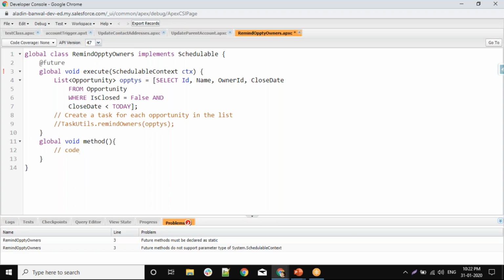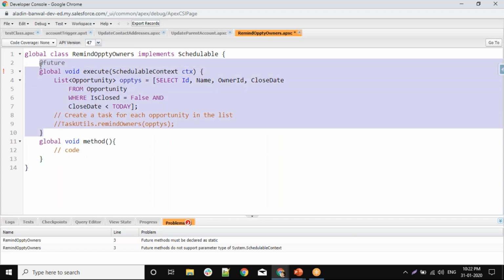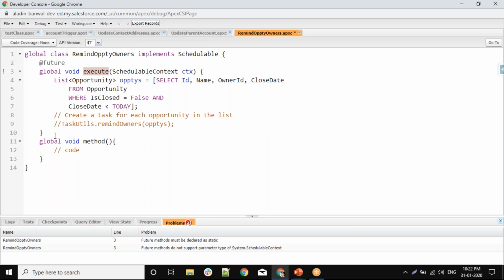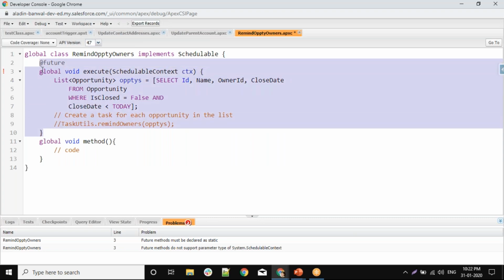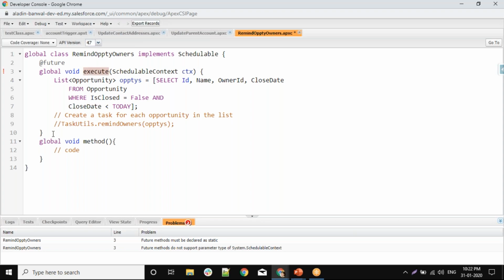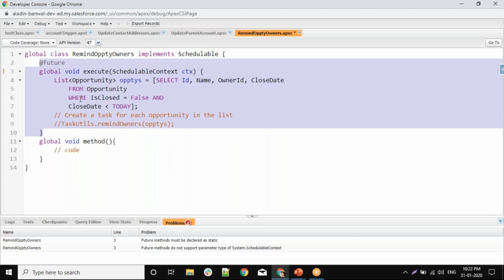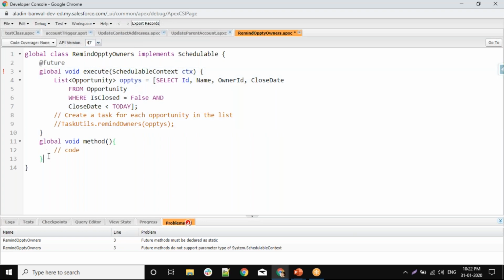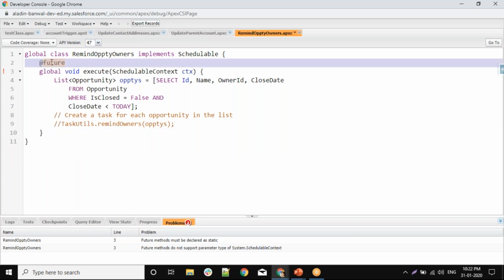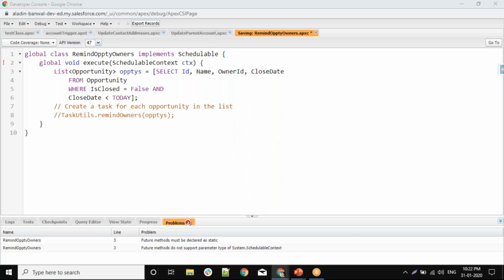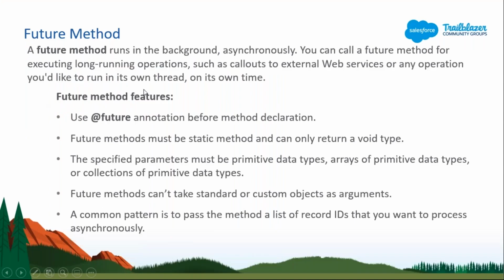In this class, it will perform this action first, even though you have written the execute method before, because the future method is put in the queue. When the resources get free, then it will go and run this method. So we don't need to do anything, just write this future annotation before our method name, and we can use that.